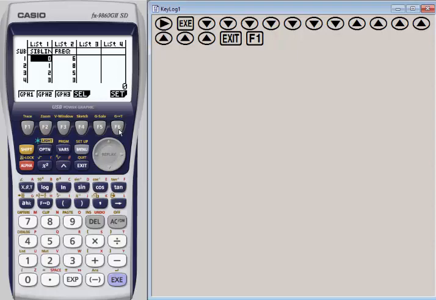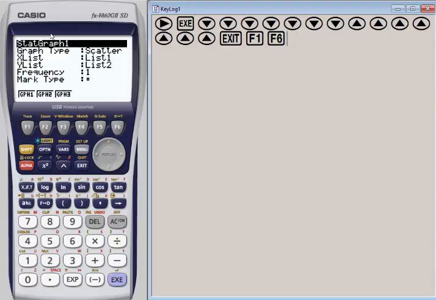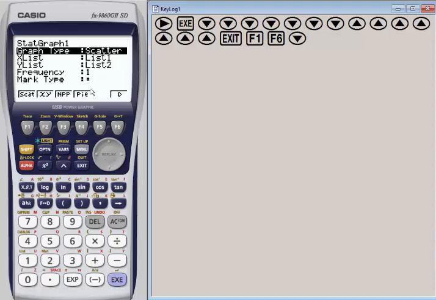So you'll see under F6 that we have our set. So we're going to work with each graph first. So for graph 1, this is great to work with your students. If I've collected a frequency table of number of siblings, is a scatter plot going to be the best choice? In this case, we're going to arrow down, and here's where I want to point out there's so many different types of graphs you can make. Scatter plot is your standard one, XY, pie graph, and if we hit F6, we even have some more choices. So I actually want to make a box graph. So notice I can do a histogram, box plot, bar chart, normal distribution, lots of options. So I'm going to choose F2 here. So now my graph 1 is going to be a box plot.